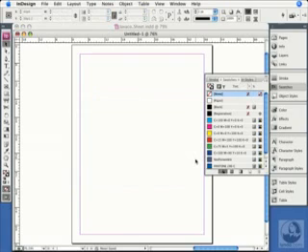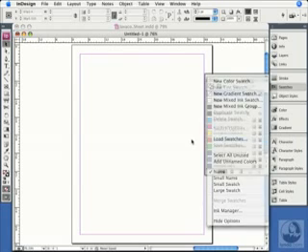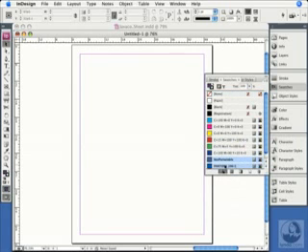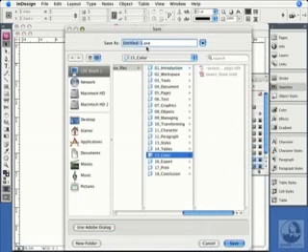There's one other way to move your swatch colors from one document to another, and that is by loading and saving them from the Swatches panel flyout menu. We can choose Load Swatches and bring them in from another document or an ASC file, or I could actually select these in the Swatches panel and then say Save those swatches to an ASC file. An ASC file is Adobe Swatch Exchange, and this ASC file can be brought into Illustrator or Photoshop or any